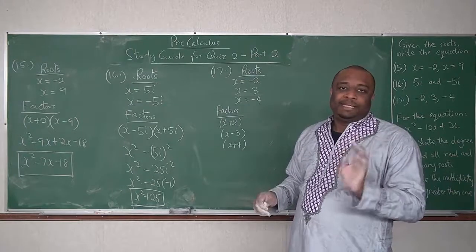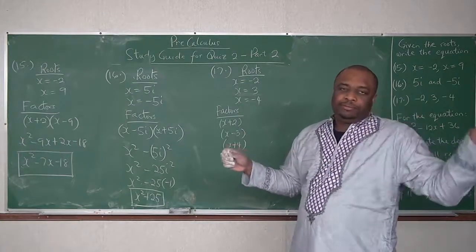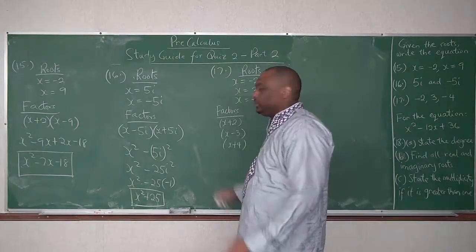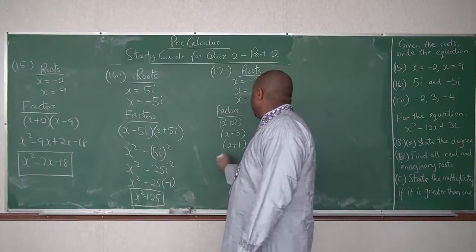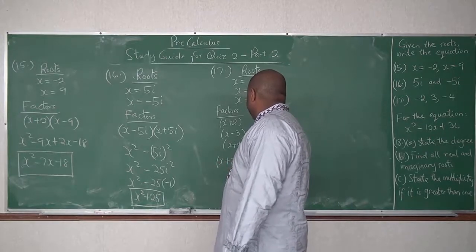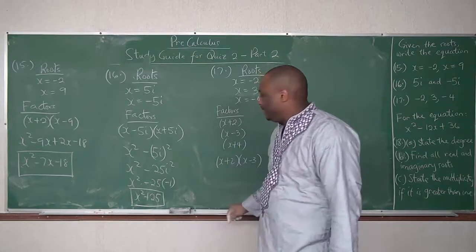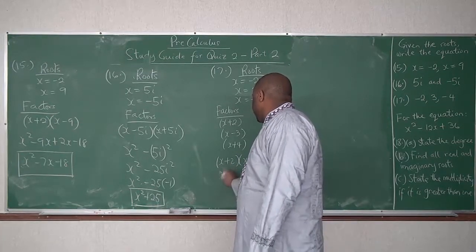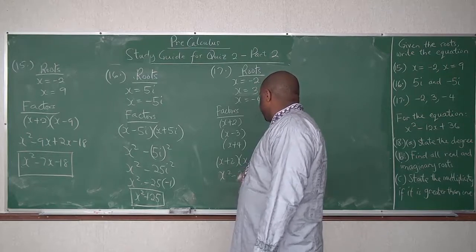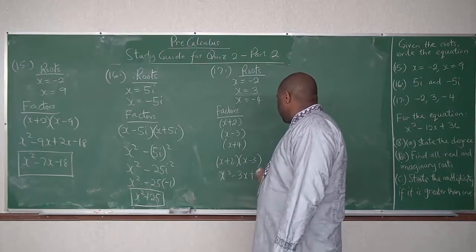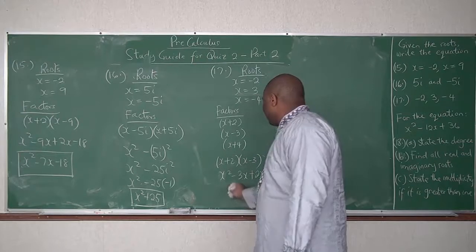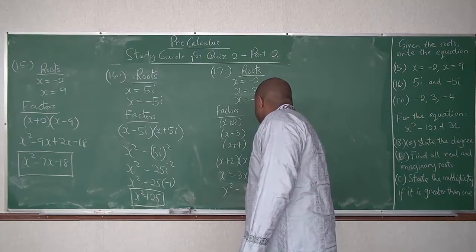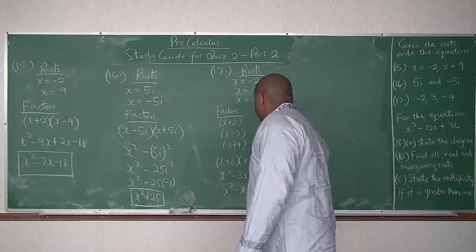Please do it step by step. You've viewed my videos on multiplying polynomials, so let's do it two at a time. x plus 2 times x minus 3, right? That gives us x squared minus 3x, using the horizontal method, plus 2x minus 6. So that is x squared minus x minus 6.